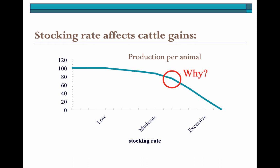So, on the x axis, we've got low, moderate, and excessive grazing, and on the y axis, we have production per animal in terms of total pounds. So, if we stock somewhere in between this moderate to excessive stocking rate, we see a drastic decrease in the production per animal. And so this comes from competition for grasses. Greater populations in a pasture can also lead to